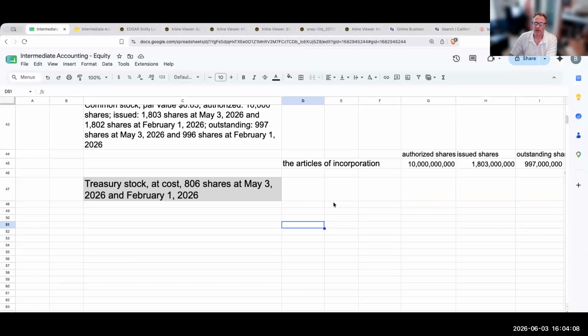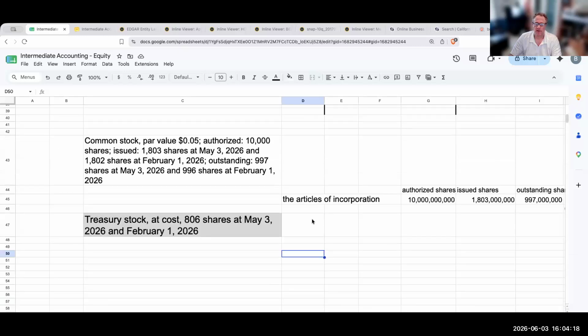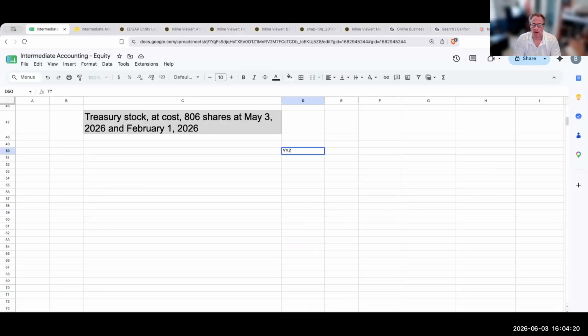So as I'm making this video and violating every rule of YouTube, let's go through a quick Treasury stock example. Let's refer back up here: YYZ on 3/1/26 repurchases 200 shares of its own common stock at